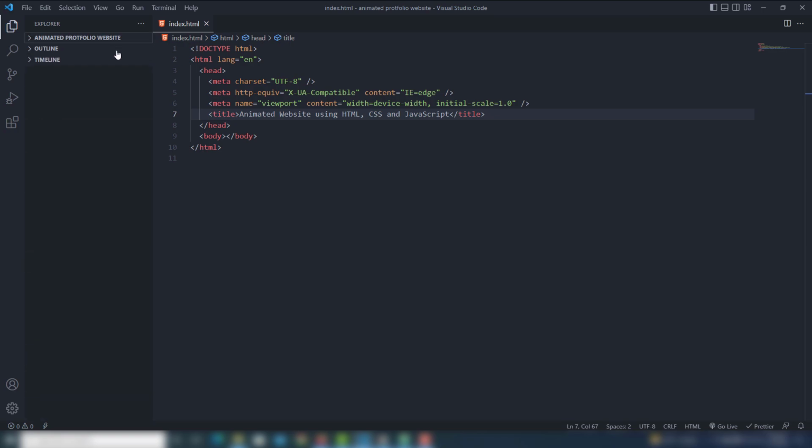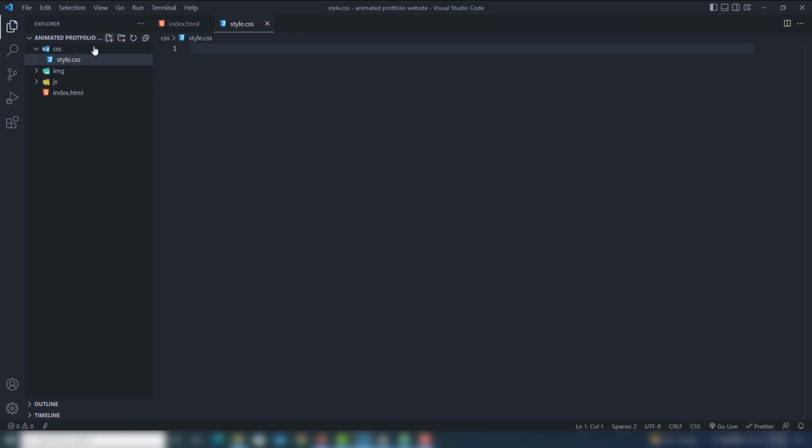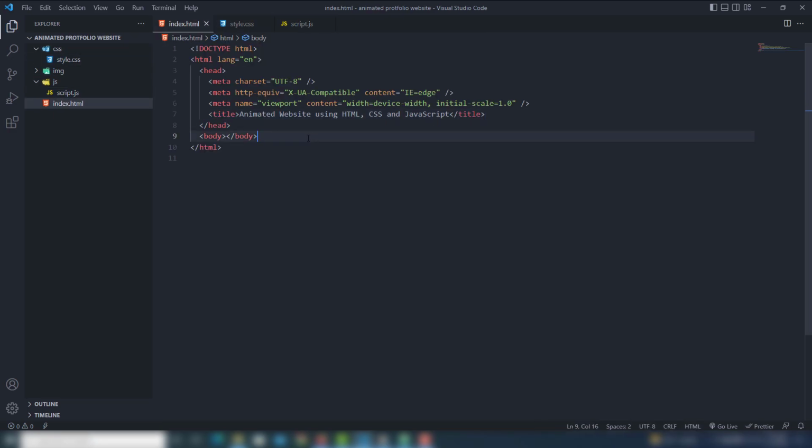So the first thing is style.css, and this is the image we are going to use inside the project. And inside the JS folder we're going to create a script.js, right? So we have 3 files: style.css, script.js and index.html.